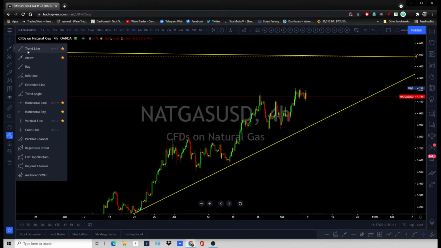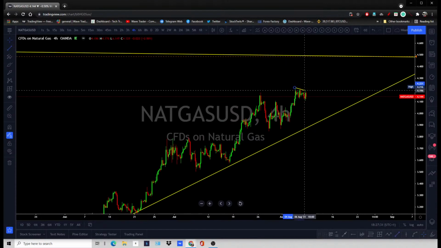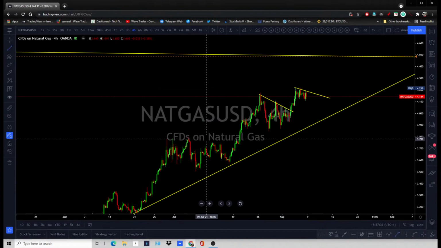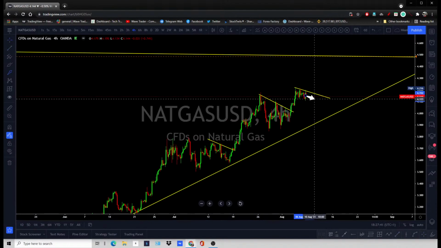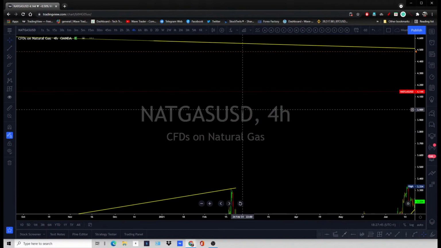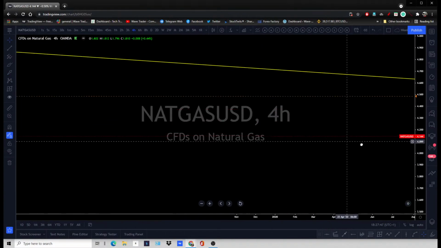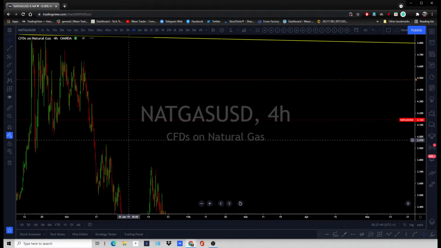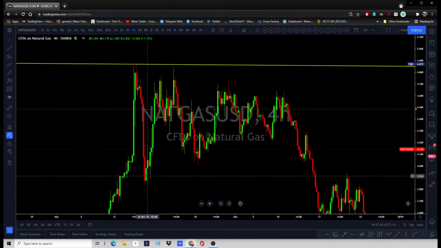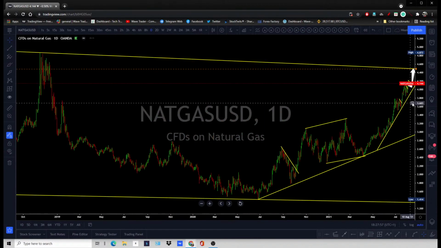Once manipulation comes, then you are looking for natural gas to fall. Just keep pushing higher. All right, and where was the manipulation? If I look at the previous price, there was the manipulation. An aggressive sell came and then price started to fall. You're waiting for that kind of price action.